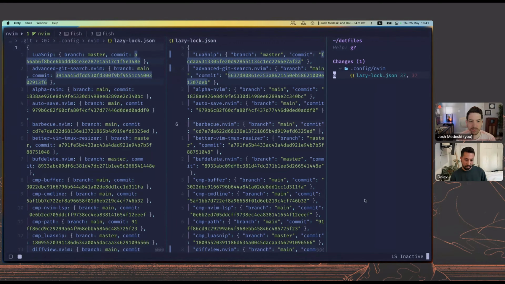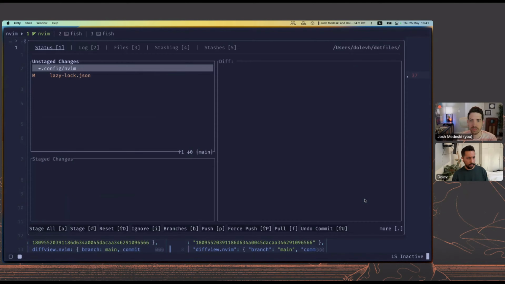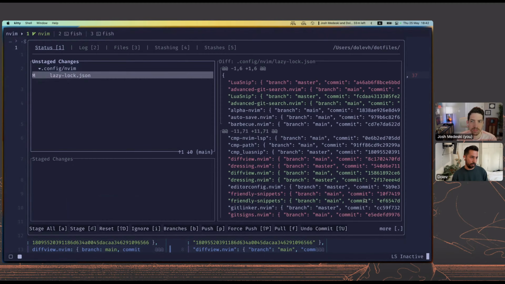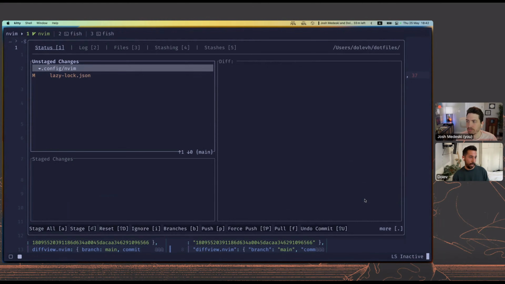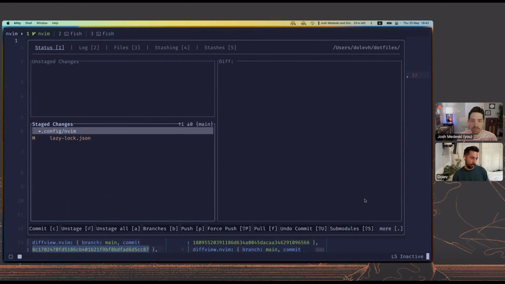I was just curious, when you have changes in your files and you make commits, are you using a Neovim plugin or LazyGit or anything like that? Yeah, so I did use LazyGit a lot, and then I switched to Git UI just recently to try it out because it's starting up much quicker. But the main drawback is that I didn't quite explore it fully yet, but the key bindings are a bit weird because they use arrows and not Vim key bindings like HJKL. But from what I've used, it's pretty convenient.